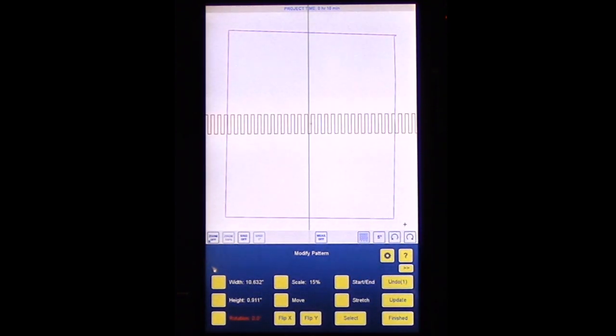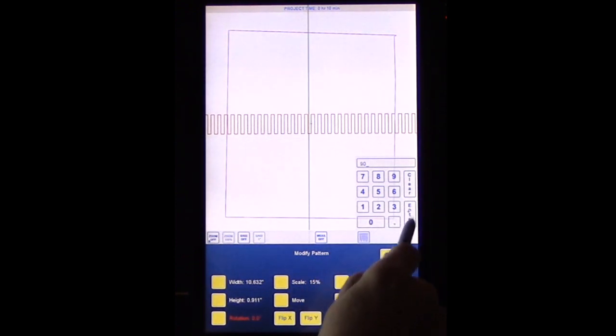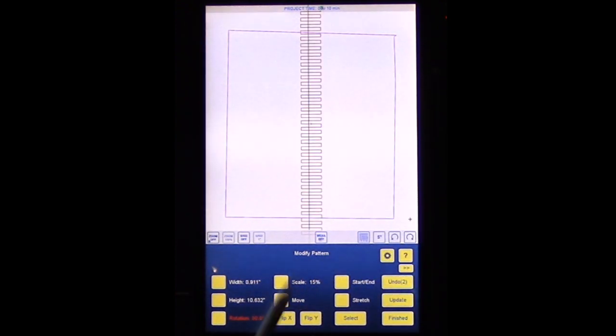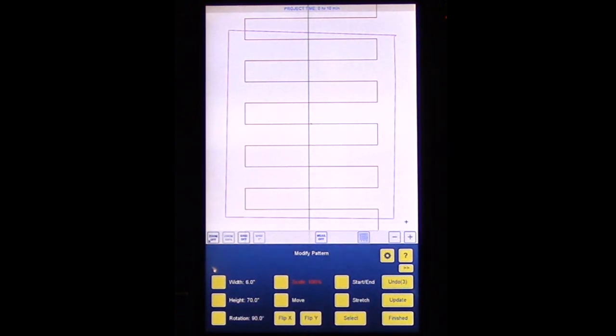So from here, I know that I just need to turn it 90 degrees to have it running up and down the side of the quilt. Well, I could either have done the switch. Okay. So the scale is only at 15%, so I want this to be my 1-inch border. So I'm going to switch it to 100%, and it doesn't fit in here. Okay, so